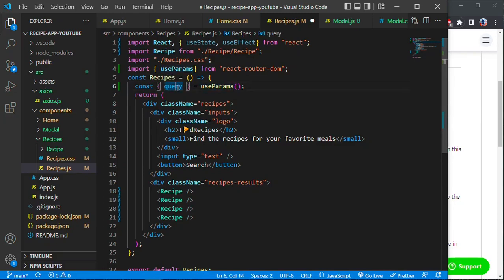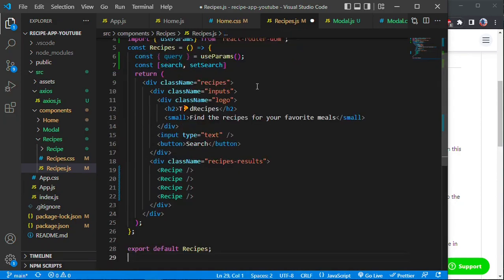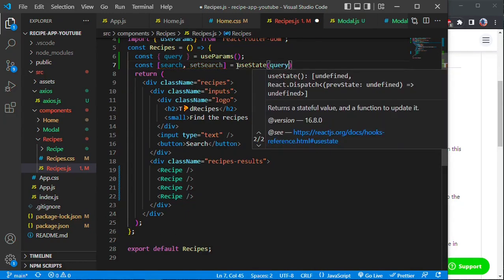So we would have this query, right? And then this query, I wanted to put it in state. The state we have, we are search here. Query,